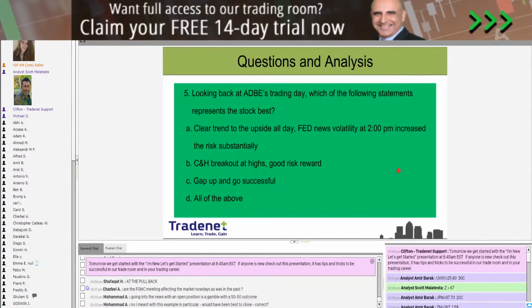Okay. So looking back at Adobe's trading day, which of the following statements represents the stock best? A, clear trend to the upside all day. B, Fed news volatility at 2 p.m. increased the risk substantially. C, cup and handle breakout at highs was a good risk reward. D, gap up and go successful. Again, it's a very simple case where the gap up and go